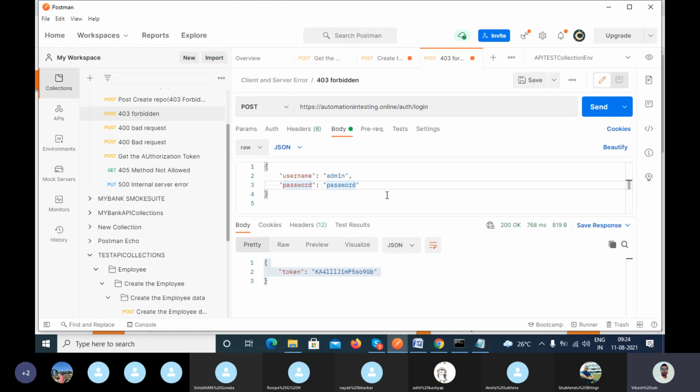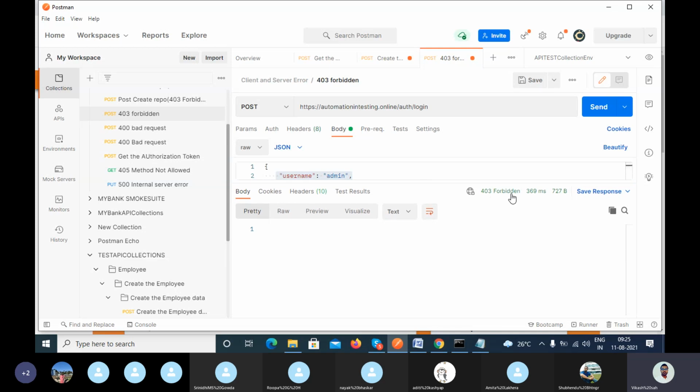So what I'm trying to do, I'm passing his date of birth, since I'm a very close friend, or some combination of names, characters and digits. Let's suppose the correct password is password. So I am using some random password to access this account. So when I call, you will get the 403 forbidden.